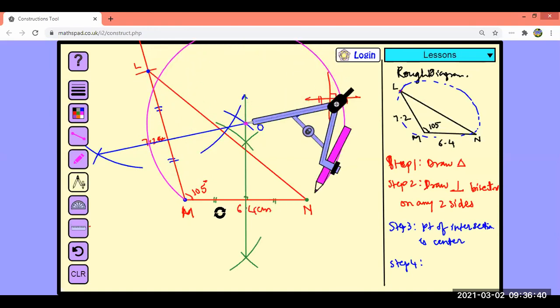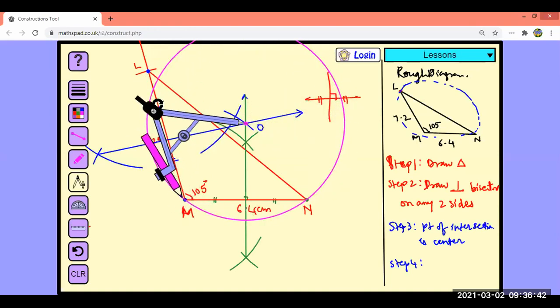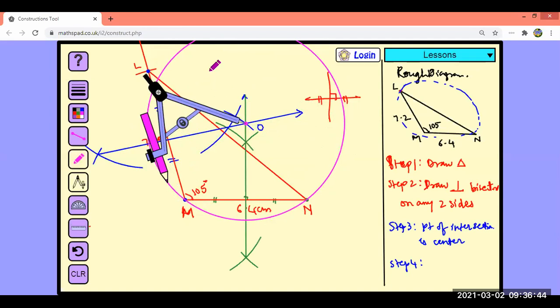Okay, here I am not getting the third point on the circle, but there must be some slight mistake. If you try to draw it properly following these steps, you should get the third point also on the circle. Okay students, must be some small error here. Fine. But if you draw it correctly, what will happen? You should get this point L on the circle itself. That completes this question.